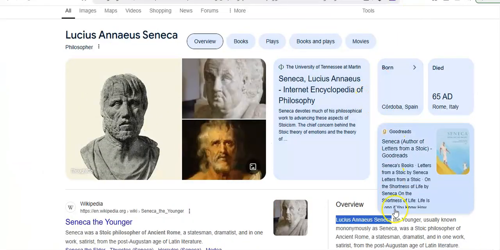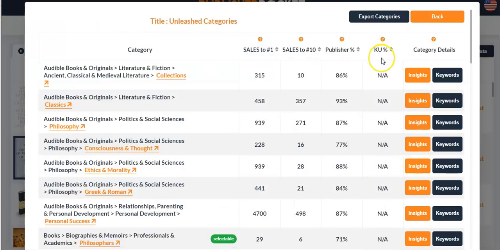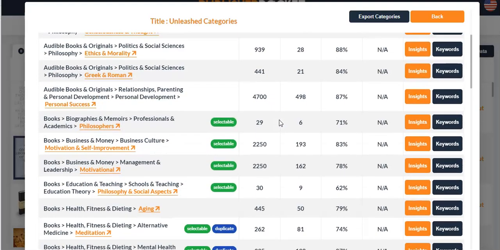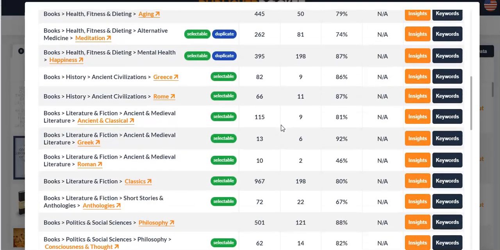Okay, let's... hopefully this will unleash the characters of that one. Again, we're looking for number 1. There's a 29. There's a 30. There's a 10.